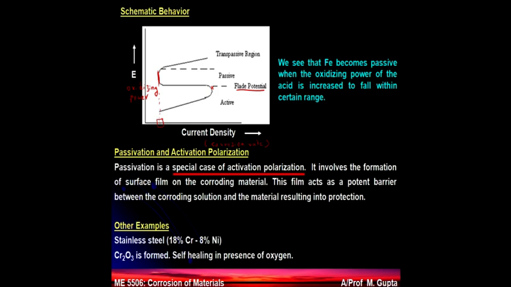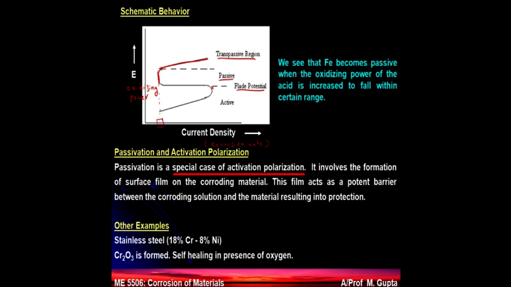But if you keep increasing further, then there is a stage when it again starts to show an increase in the rate of corrosion, and this zone is called the transpassive zone. And the zone in which the material loses its ability to react is the passive zone. These zones can be easily established for all the metals and alloys in the lab with a high level of